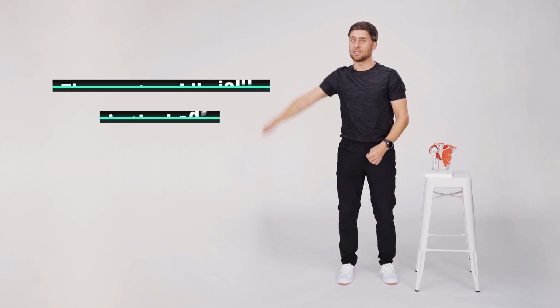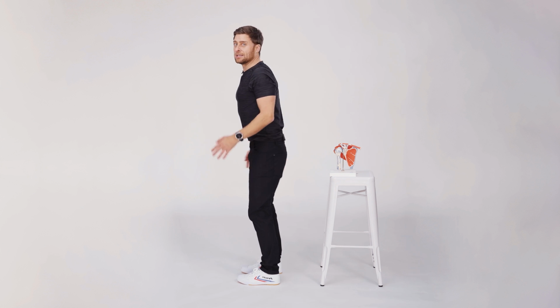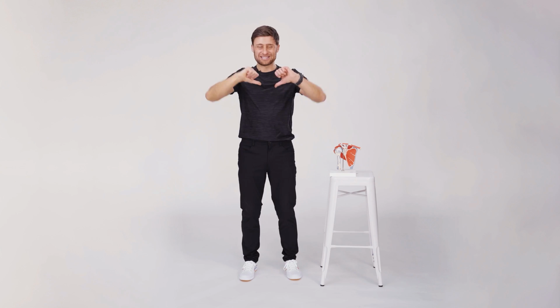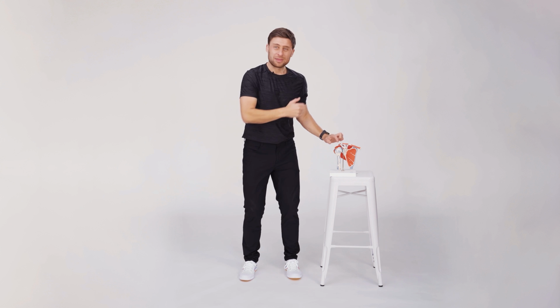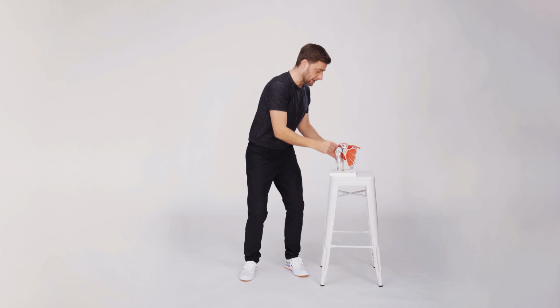We can circumduct, we can abduct, we can adduct, we can rotate, we can flex, extend, we can even hyperextend. Your shoulders can do all kinds of things. That's good. Really prone to injuries because of that crazy range of motion. This is potentially bad. When we think about frozen shoulder, we often think about rotator cuff arthritis, and while those things can go hand in hand, usually frozen shoulder is unique, and it's referring to the joint capsule